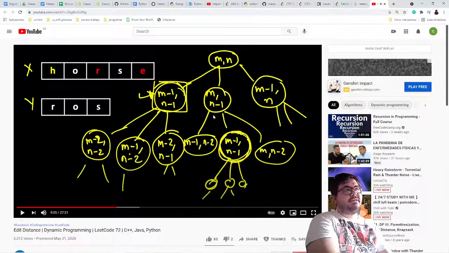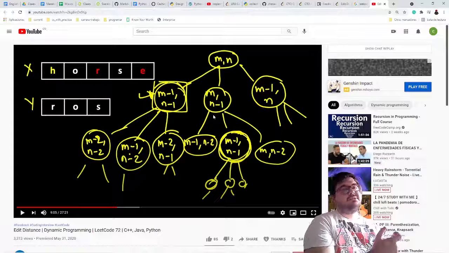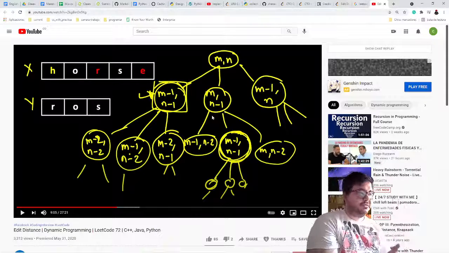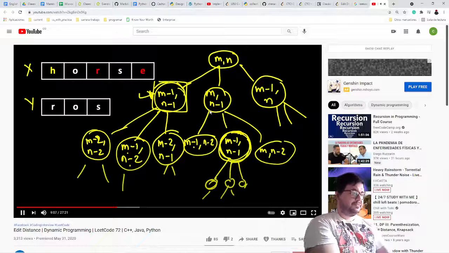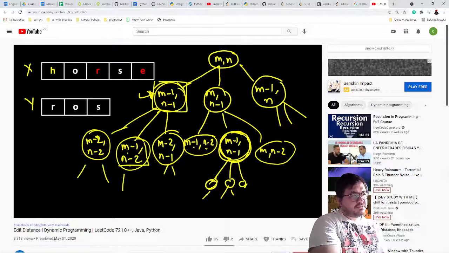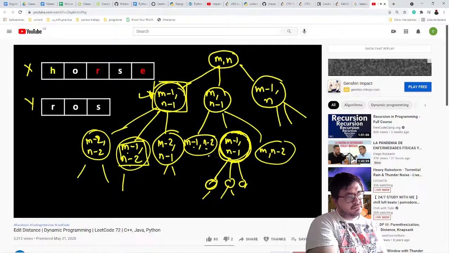There is optimum structure. You solve the little problem, it helps you with the big problem. So that's what is happening here. M-1 n-2, m-1 n-2. Again, you see overlap. If you draw more of this, you will see much more overlap. And you will also notice that this problem becomes exponential if you don't save the solution that you have already